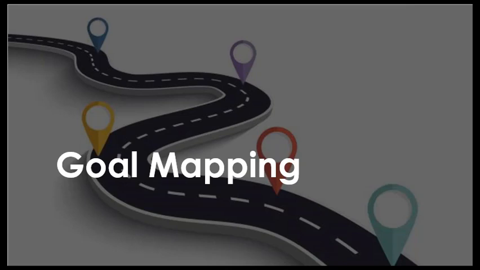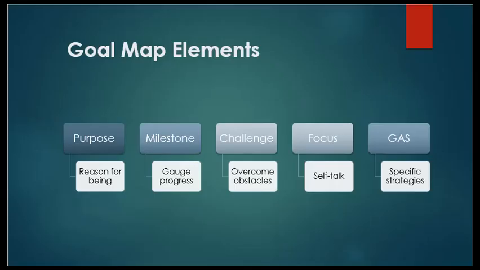Now, it's imperative that in goal mapping we use multiple goal types: outcome, process, and performance goals. However, it is critical that we focus on the process and performance goals over the outcomes, understanding that if we take care of the little things and take care of the process of getting to the end destination, we will achieve our goal through our determination and motivation to achieve little steps that will make a big difference in the progress towards our goals.